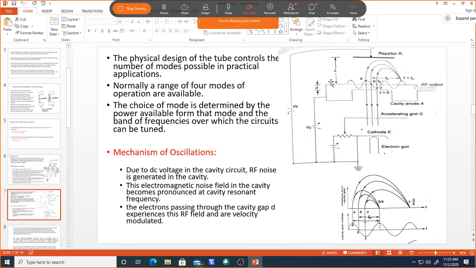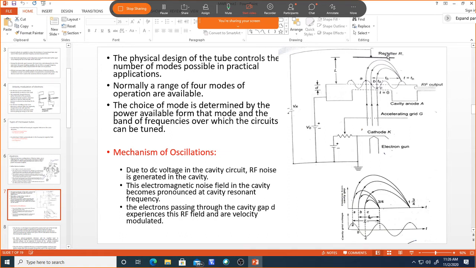So if that space is adjusted to collect the electrons' energy at the positive cycle, all the electrons will be bunched and the energy will be collected and given again to the cavity. Whenever the resonant frequency of the cavity matches the bunched electrons' energy, that energy goes into the cavity. The energy collected at the cavity is taken out by a coaxial cable, whose center conductor goes into the cavity, and it is given to other devices.